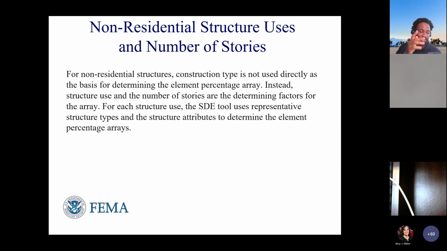Is it a grocery store? Is it a police station? Is it a courthouse? Is it an apartment building? And then how many stories does it have? 1, 2, or 4 more stories? All this is going to play a role when it comes to the breakdown of the dollar value when you're assessing that structure. So just something to be aware of, where it's a little bit different from non-residential versus